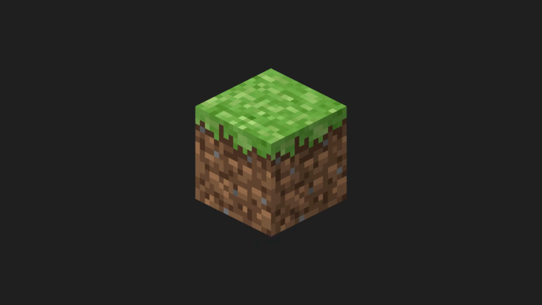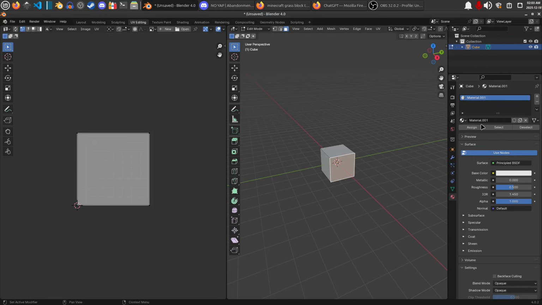Today we are recreating the grass block from Minecraft using Blender, the open source modeling software that anyone can download